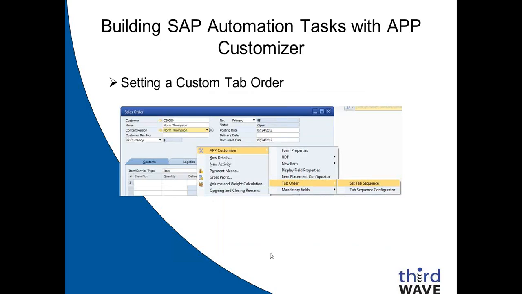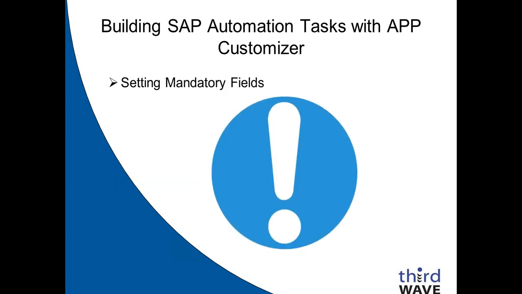So to set the custom tab order, underneath the APP Customizer menu, there's an option for tab order. And the way that this works is you select tab order, and then there's an option for set tab sequence. And once that's selected, APP is going to prompt you to click field by field through your form in the order that you want the user to tab through. And when you're done,